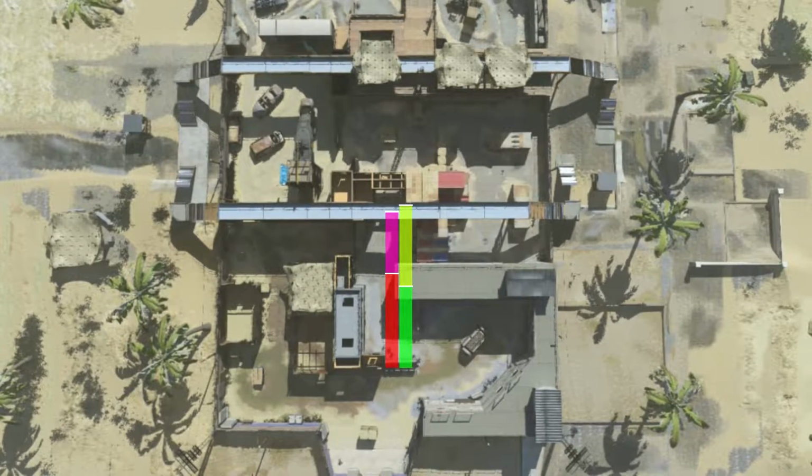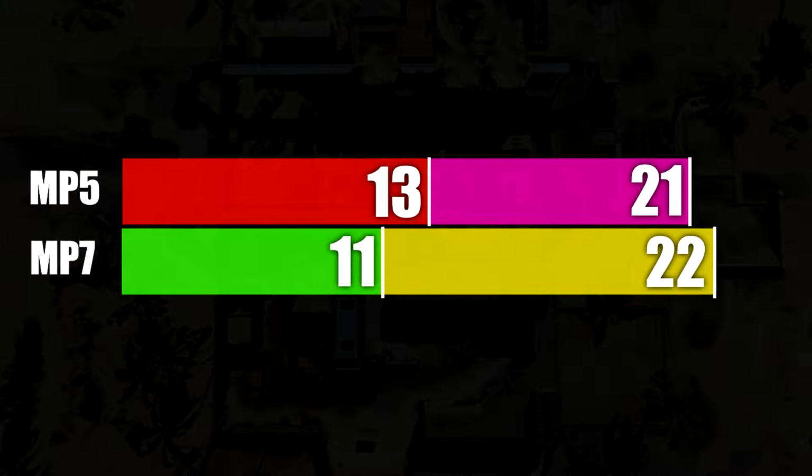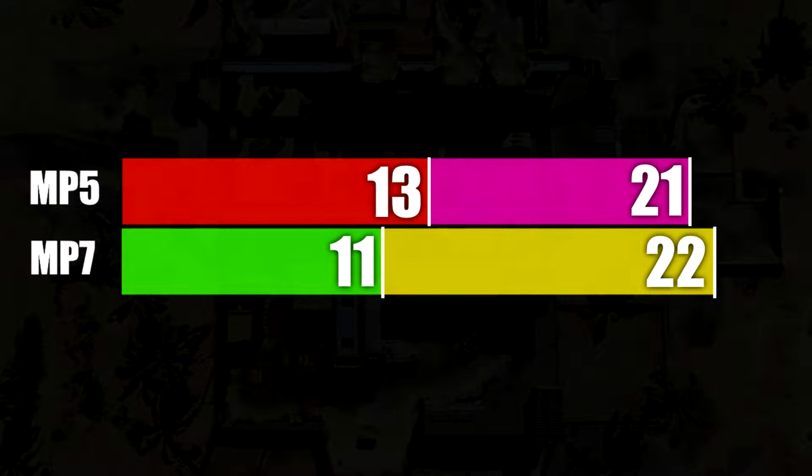And we have the exact same thing for the MP7 with the green and yellow there. Here, let's print it out nice and clearly here, no questions asked. You can see the range differences are not too extreme. The MP5 does have initial greater range, but then actually slows down in the medium range there and gets surpassed